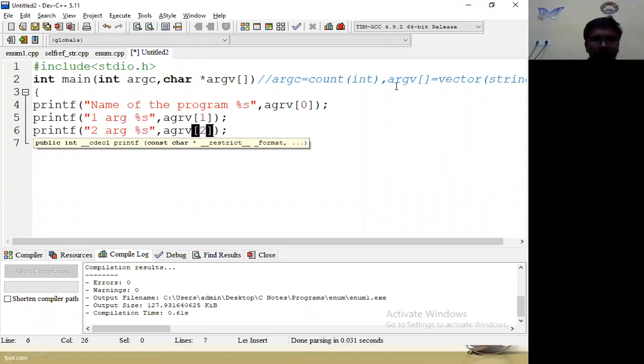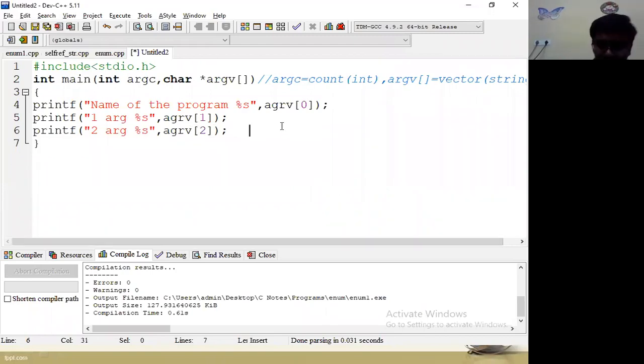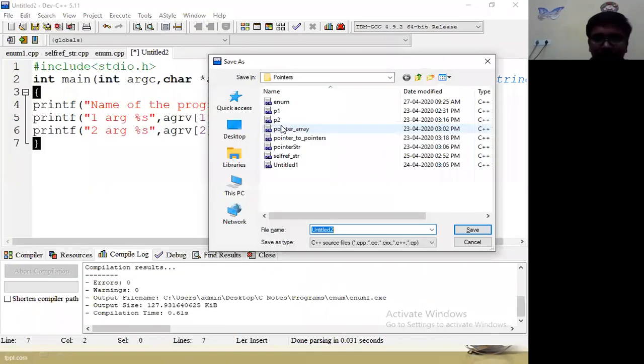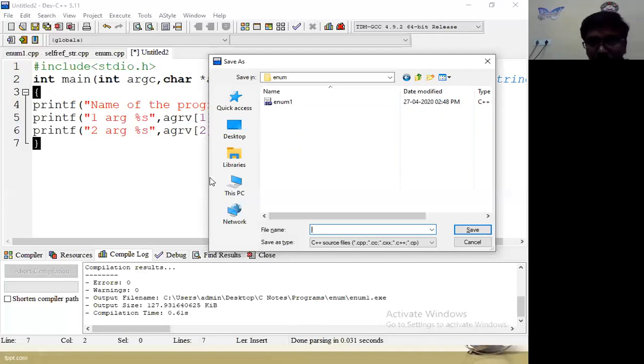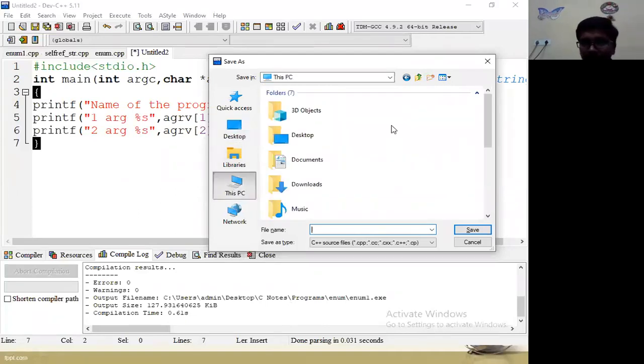Let us verify the output of the program, then we can discuss. Otherwise it requires so much understanding, so that's why I am interested in explaining it there. You have to store the program in a particular memory location that is well known to you.